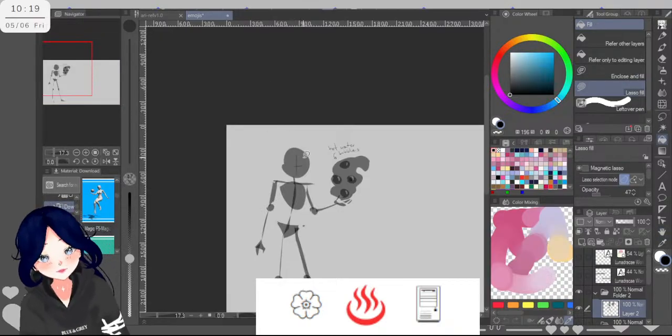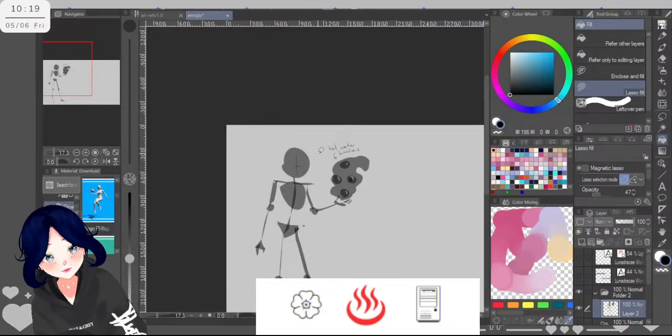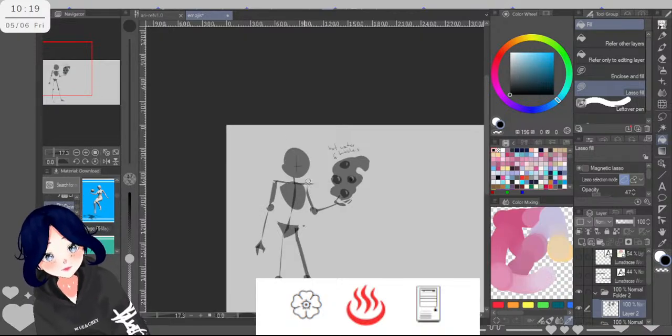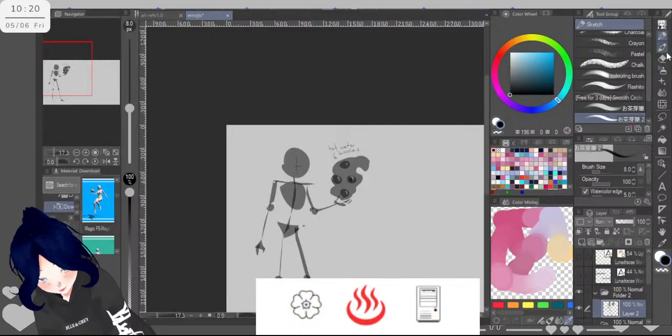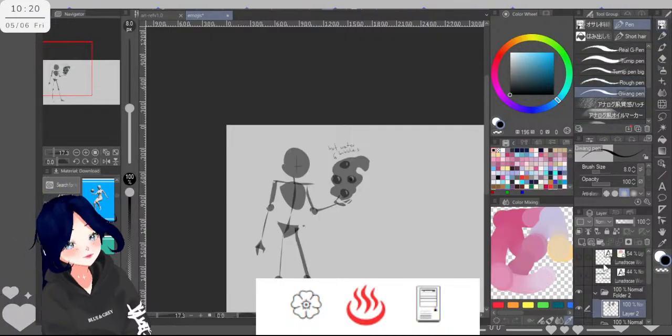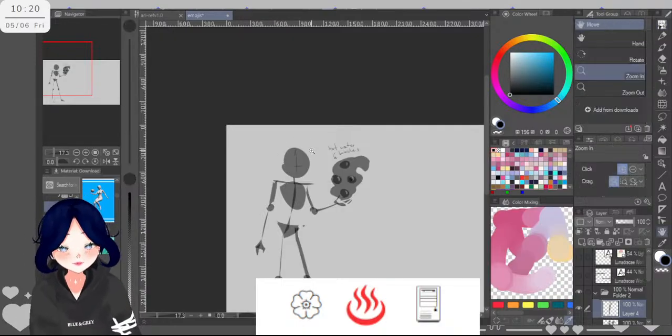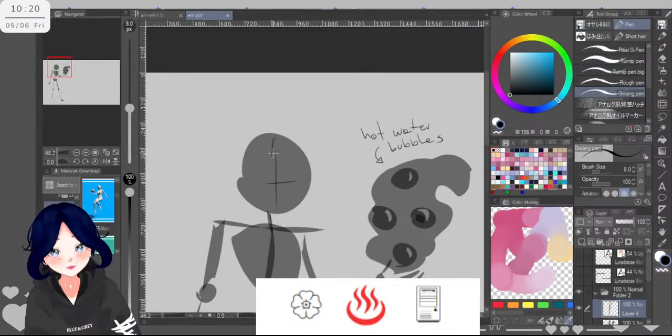So for the flowers, I think the easiest way to implement it will be having flower shape details in their appearance. So where is the button? Here. For example, on the hair. And for the paper thing, it could be a little more abstract.